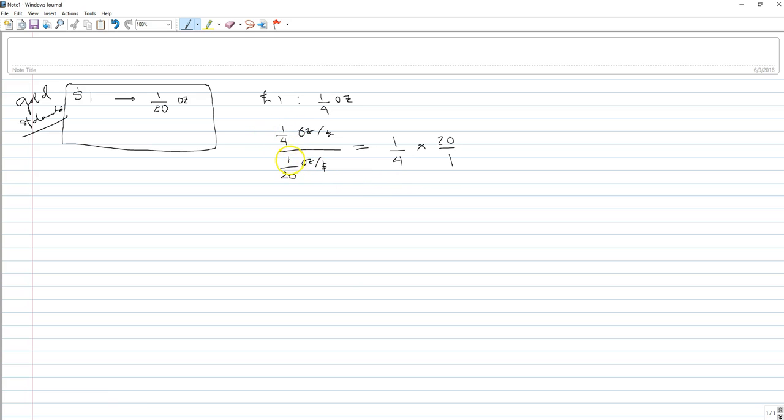The numerator multiplied by the denominator inverted. And that gives us 20/4. This will be dollars and this will be pounds. And that is $5 per pound. So during those days, the exchange rate between the dollar and the pound was $5 per pound,